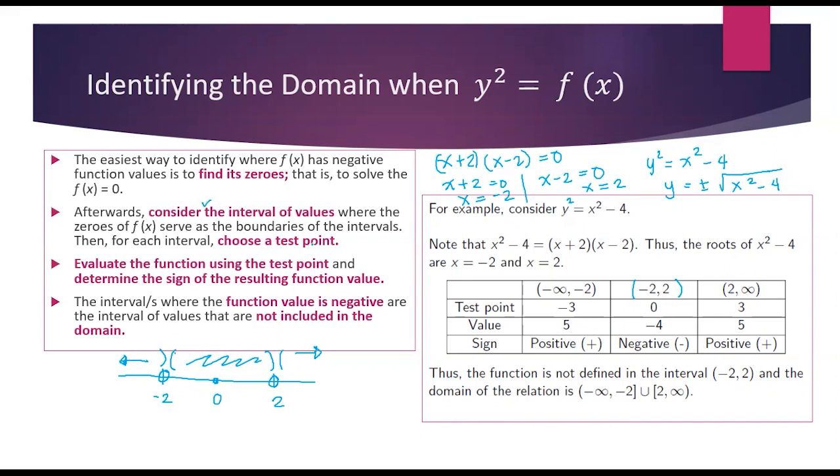Now you're going to choose a test point. Again, your test point must be a number that is actually between the interval. If you have, let's say, negative 3, this is between the given interval, so this one is accepted. Or you may have negative 10. But in this particular example, let's use the test point negative 3 for the first interval. How about for the next interval, between negative 2 and 2? Let's use 0. And for the third interval, 2 to positive infinity,